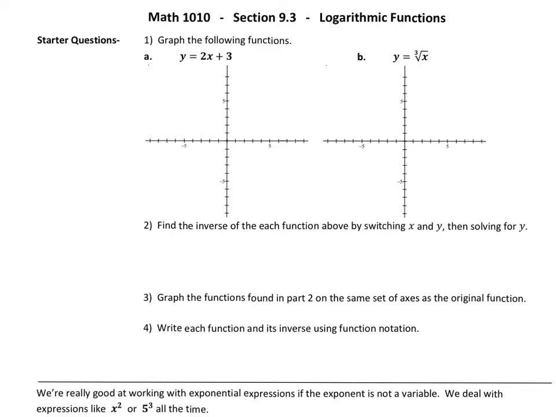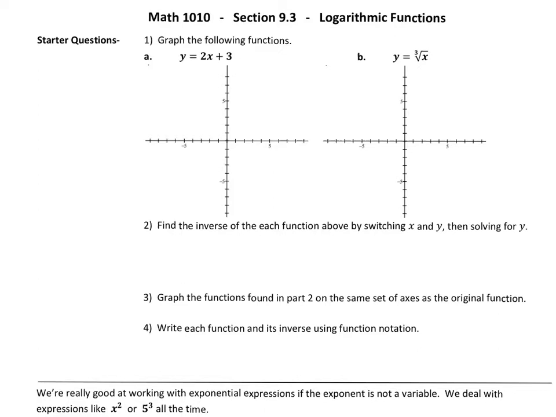Yeah. Okay, if you can't graph y equals 2x plus 3, you need to leave this classroom right now, because you're gonna fail the final. Okay. No, we just went over. Not a line. Okay, what about now the cube root of x could be a little tricky, all right, but let's think of